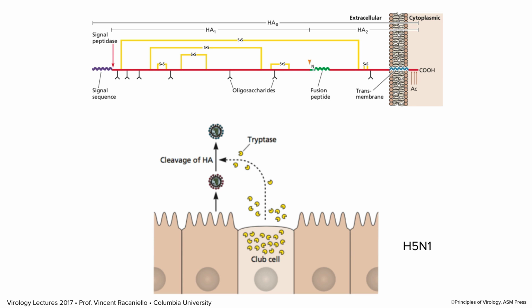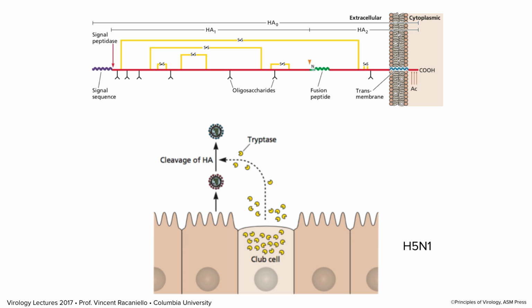And as influenza virus is being produced from the respiratory epithelium, the HA is cleaved extracellularly, and now these viruses are infectious, and they can infect other cells in the epithelium. Now let's say some of these viruses got into your bloodstream and went to your kidney. They would attach to a kidney cell, infect, and uncoat, because the low pH would uncoat them. You go through the whole replication cycle. The new virus produced would not have cleaved HA because there's no tryptase in the kidney. So that would be the end of the infection. So that is what limits flu to the respiratory tract.